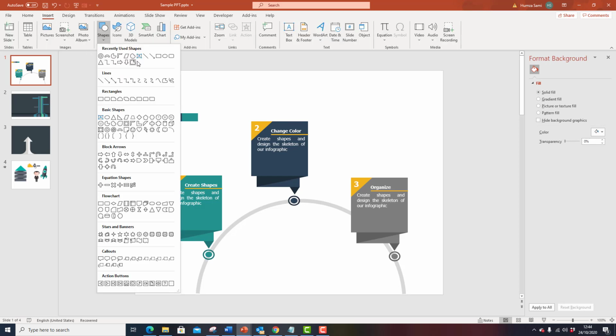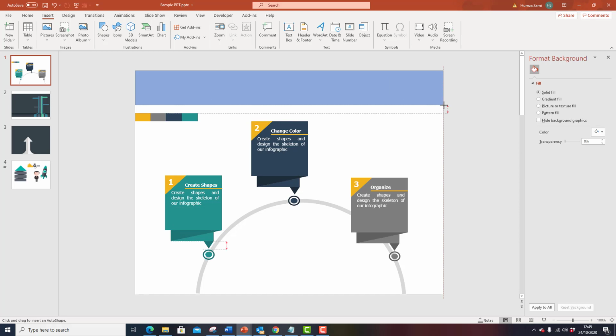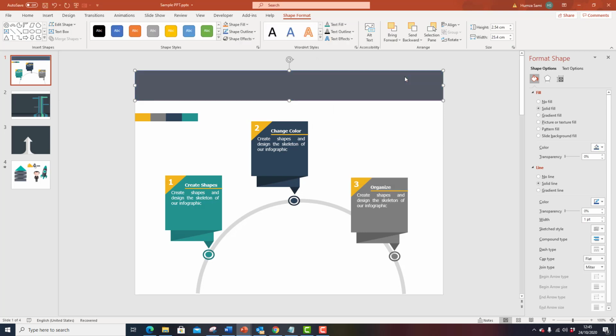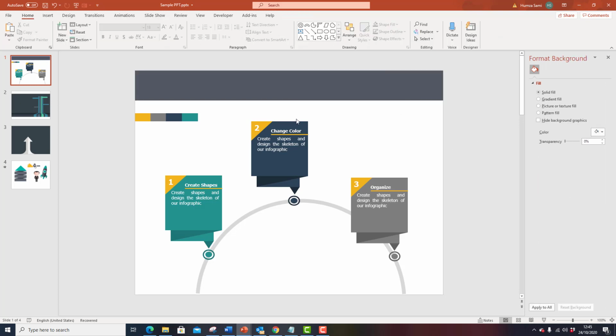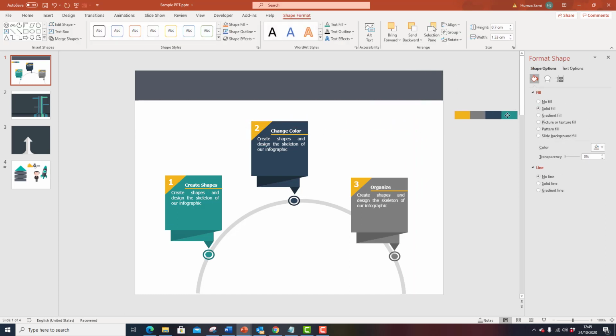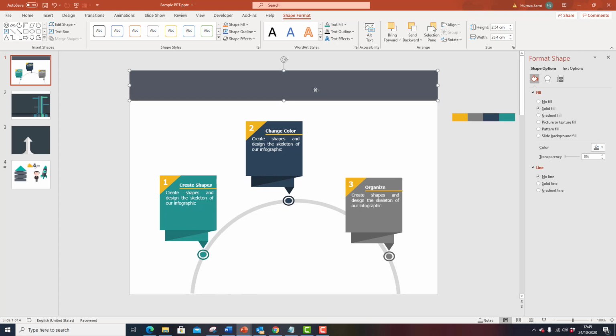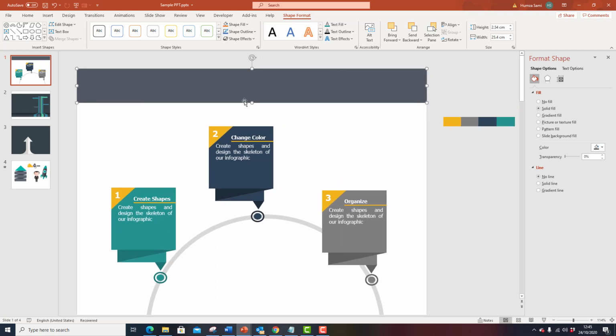I'll simply go over here, shapes, create a rectangle as a header, say more colors, 82, 88, oops, 88. Now I'm just trying it out randomly. Yeah, looks good. No line. Now I'll actually put my color palette on one side because I don't want it to disturb my presentation for now. Okay, so what I will do over here is I just want to create a nice effect